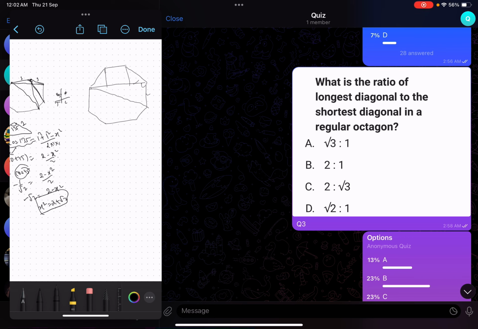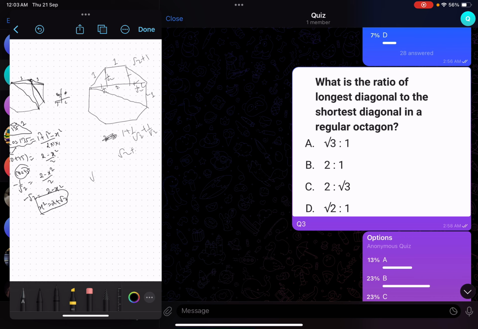We join this. This is 1, so by symmetry this will also be 1, and this is also 1. These both sides are equal because this is a regular figure, so this has to be 1 by root 2. This is also 1 by root 2, this is also 1 by root 2. So the total of this figure is how much? This is 1, this much is 1, and 1 by root 2 plus 1 by root 2, so this will be 2 by root 2, which is root 2. So this complete is root 2 plus 1, and this is 1, so again we have to square and add.